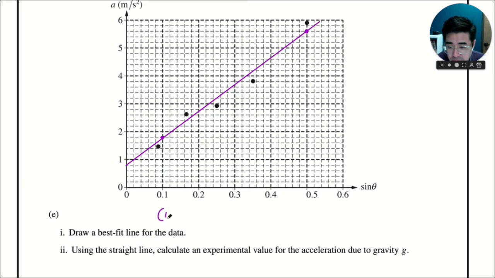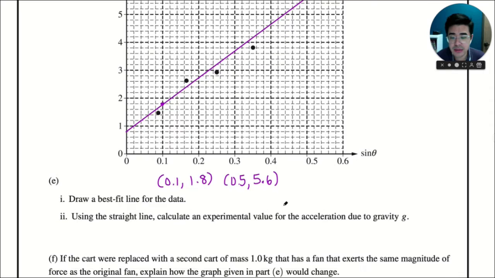So let's see, my one point is 0.1, comma, these are 0.2s again, so that's going to be 1.8. And this point up here is going to be equivalent to 0.5, comma, 5.6. Okay, and let's see what that slope is. So I'm just going to do it up here. y2 minus y1 over x2 minus x1. 5.6 minus 1.8 is 3.8, divided by